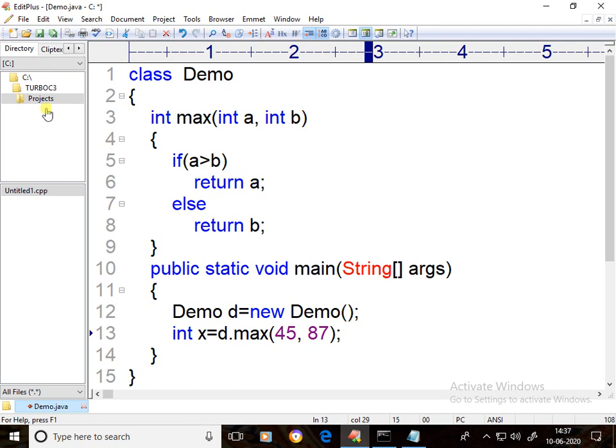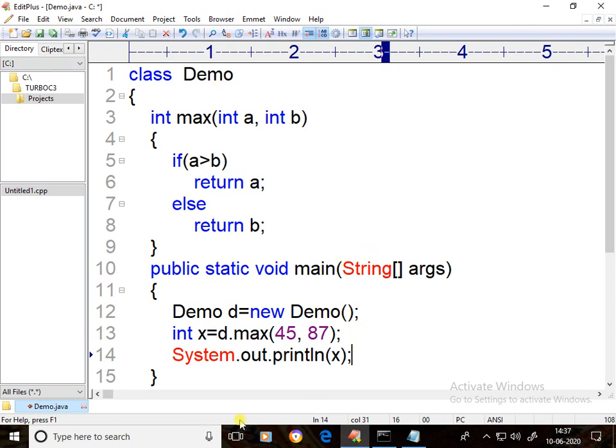Now, d dot max 45 comma 87. 45 is copied in a, 87 is copied in b. 45 greater than 87 is false, so return b. The b value is stored in x. That x I am going to print: System.out.println x.